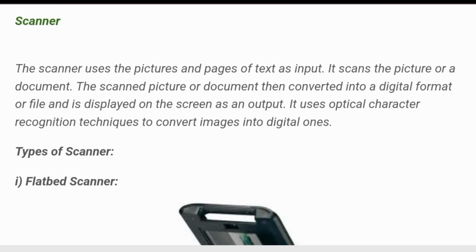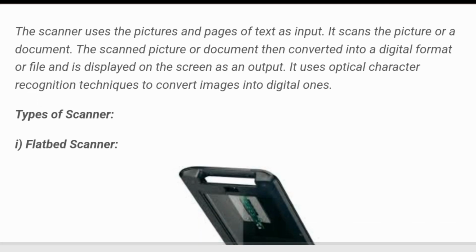The scanned picture or document is then converted into a digital format of files and is displayed on the screen as an output. It uses optical character recognition techniques to convert images into digital ones.